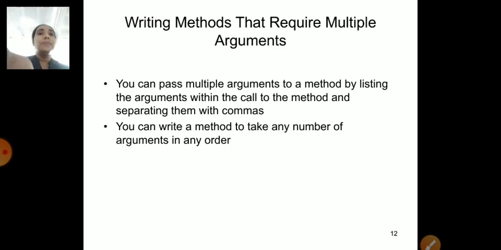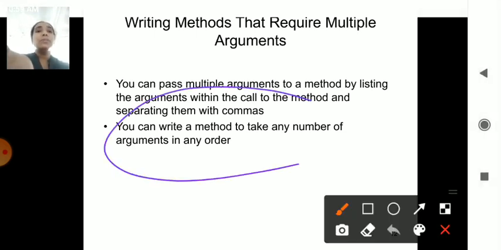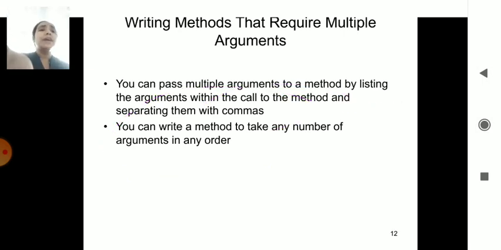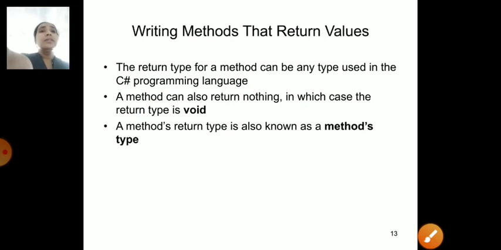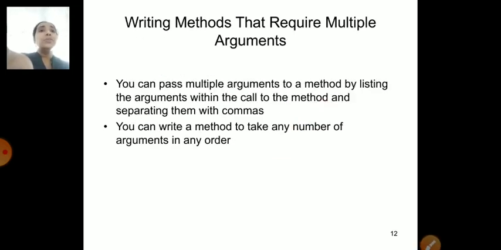Another part is writing methods which may want to have multiple arguments at a time. Multiple arguments means I want to use the program with multiple arguments for various tasks within the method. Then we use multiple arguments. We can write multiple elements. I may use multiple methods in which multiple arguments may be there. You can learn this part here. In the method type, instead of a single argument, you may have multiple arguments at a time which can be fetched.